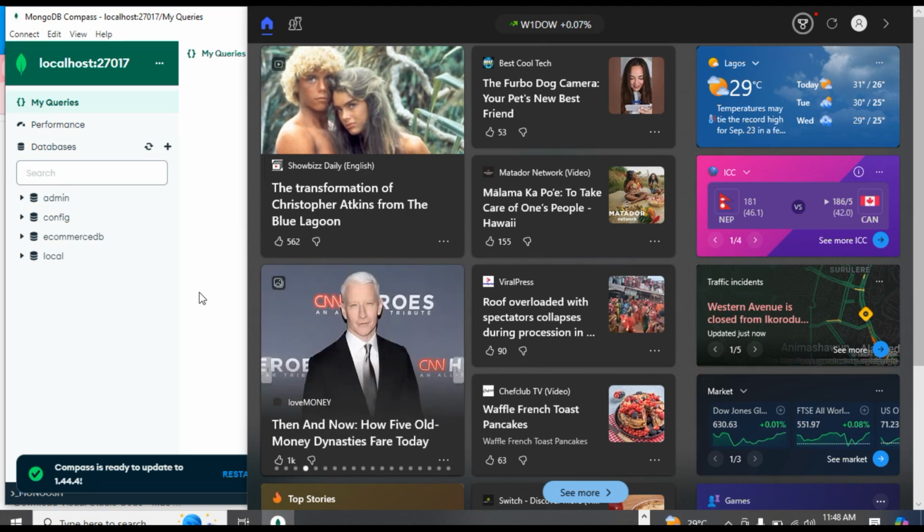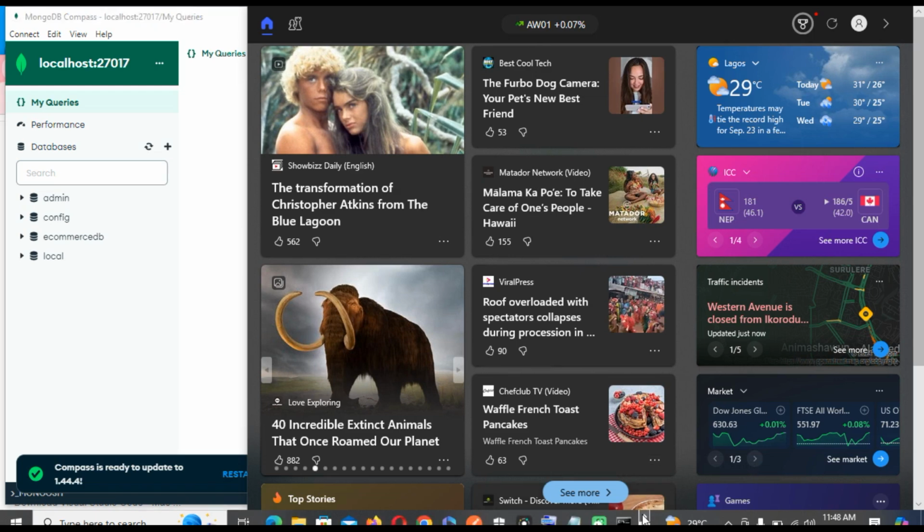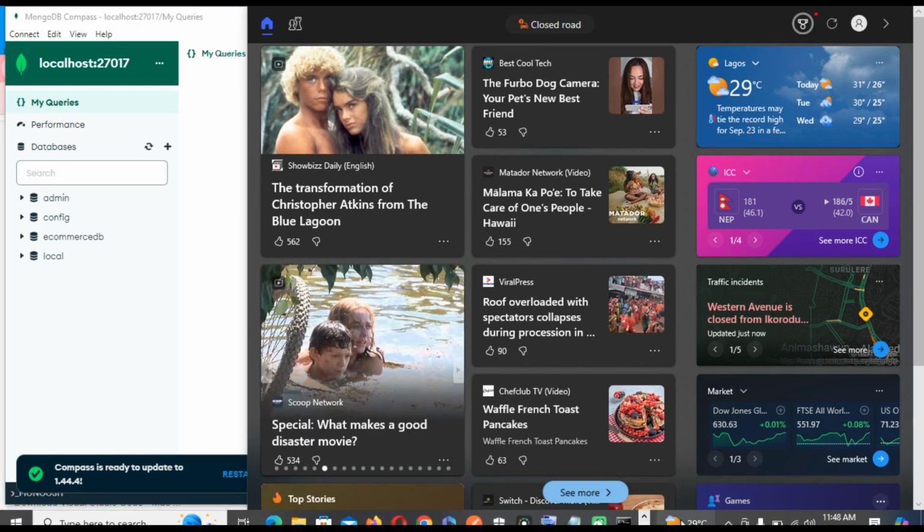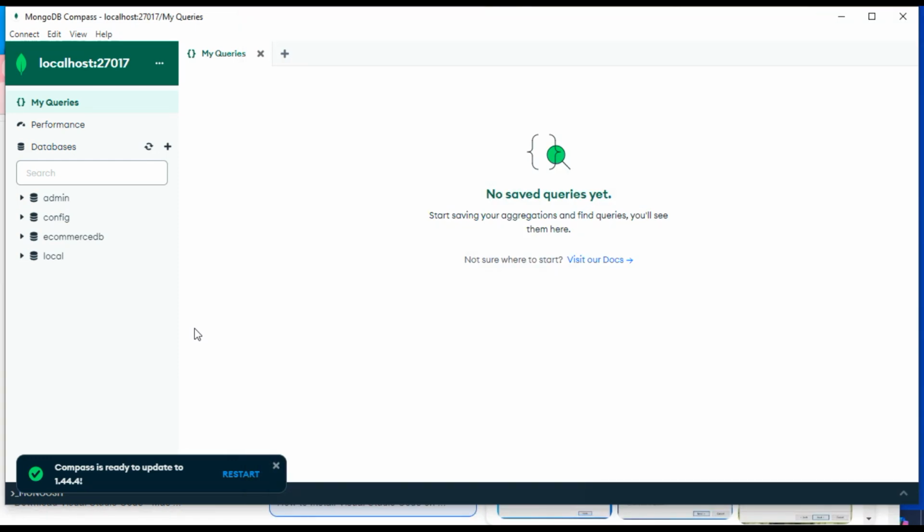Alright, so we have installed our Notepad, MongoDB Compass, and Visual Studio Code. Let's begin with our application. So the first thing we are going to do is